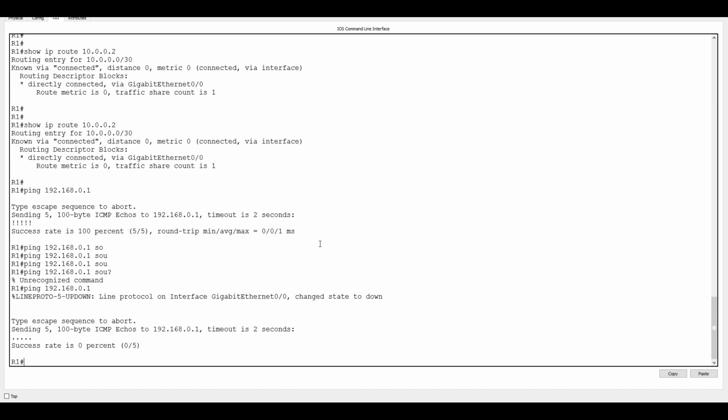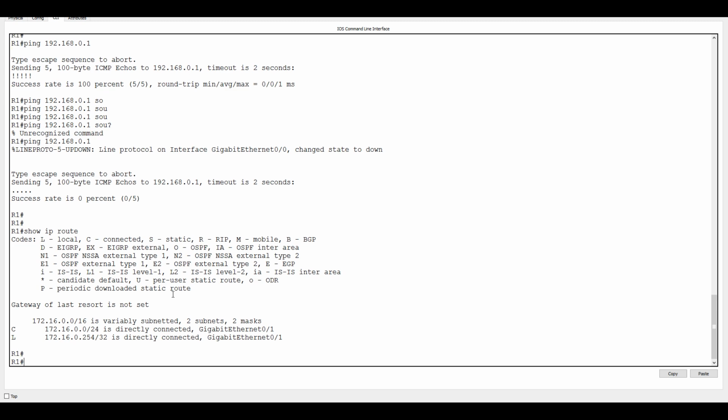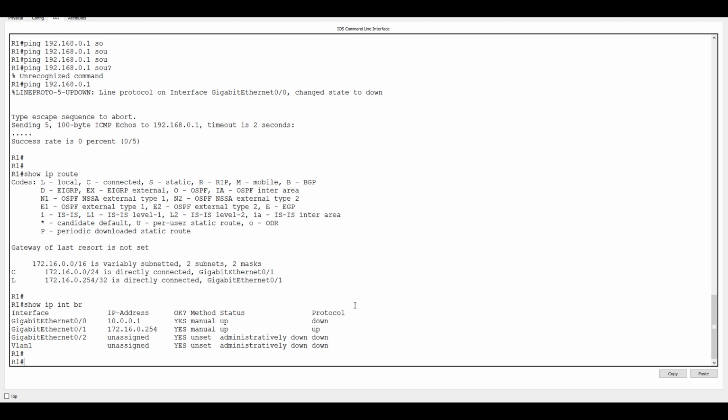So we look at the routing table and hit show IP route. Notice the 192 network's not there, and nor is the 10 network, because the interface is in an up-down state, so it's not viable to be installed as a connected route. And because we have a static route that goes through that interface, any static routes that need to go to that next hop, because that next hop is no longer in our table, we can no longer use that static route, but of course it will still show in the running config,